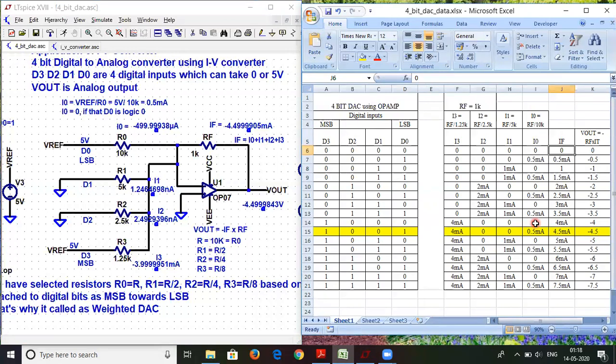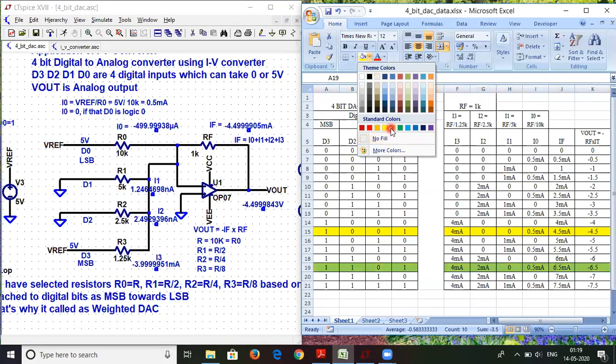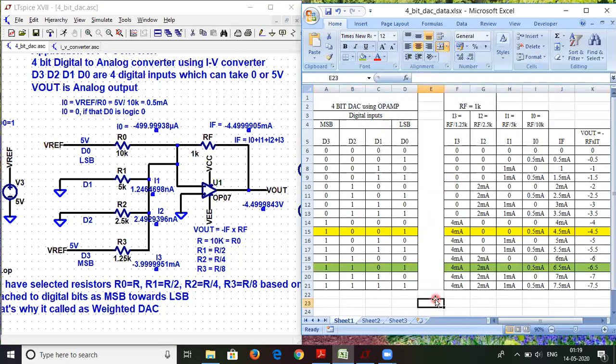Now what we will do is consider any random case and try to figure out how that has come. Okay, so let us pick this case. Let me just mark this first. Let us pick any random case. Let me select this line. Okay, it's not getting selected, I guess. Yeah, let me select this case. Let me mark this with a slightly different color. Yeah, green is fine. So I will consider this case now.